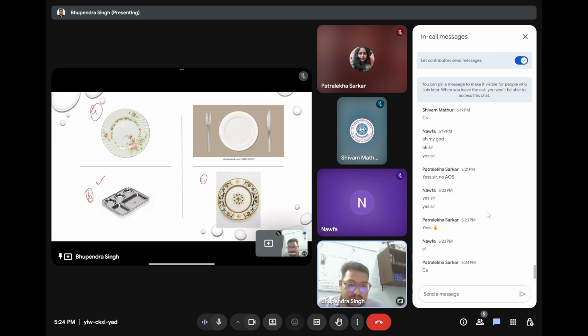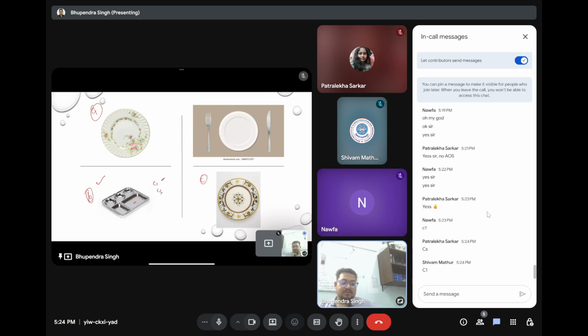Okay, Nafa is saying C1, Patlekha is saying CS. Who else is there? Shivam is also saying C1. Okay, Nafa and Shivam, Patlekha. So